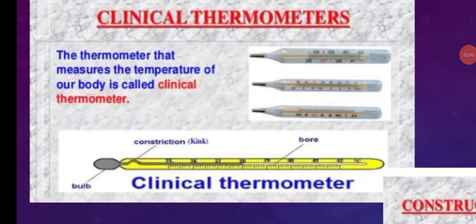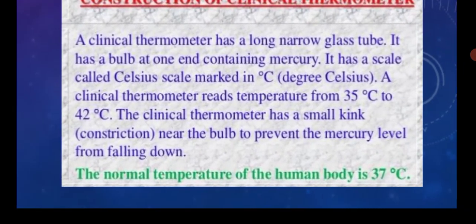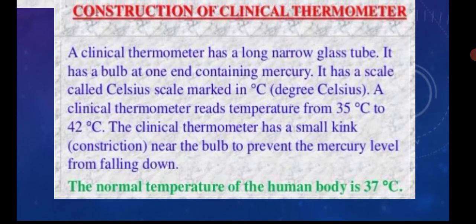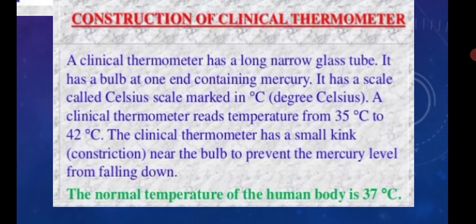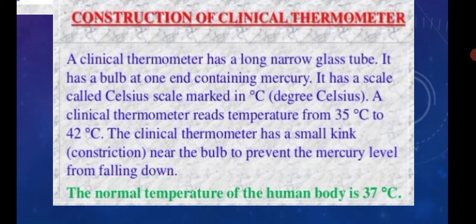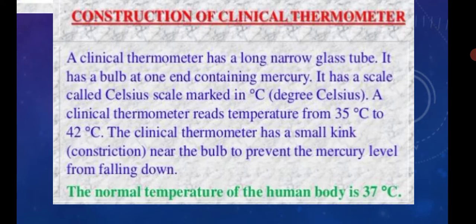A thermometer is made up of a thin, long and uniform glass tube called a capillary tube. It has a bulb at one end. A silvery colored liquid called mercury present in the bulb is used for measuring temperature. Mercury is a thermometric fluid. A thermometer works on the principle that heat energy causes expansion.